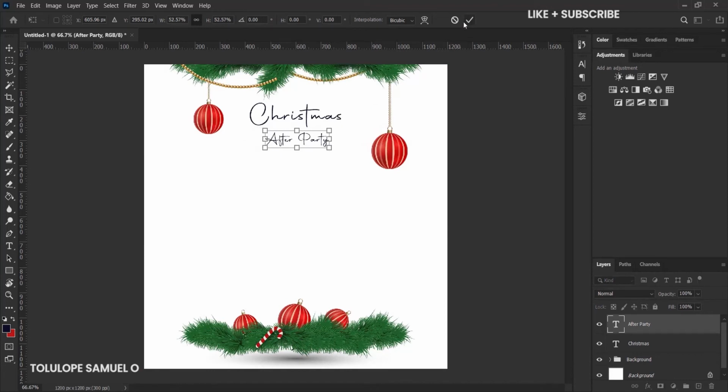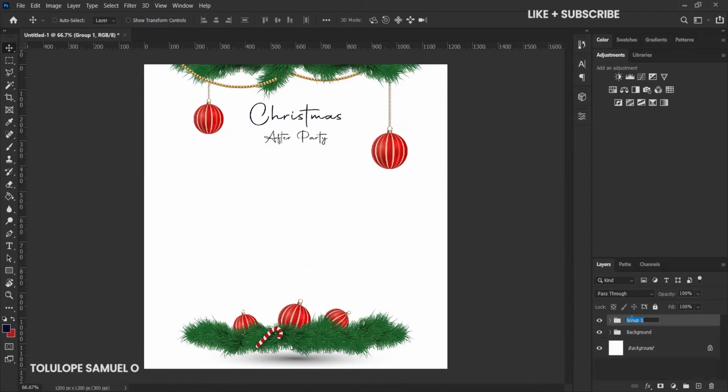After transforming it in, I'll press OK. I'll select the two of them together and center them together. Press Ctrl G on my keyboard and we can rename this to Christmas. We can pick the after party layer and raise it up a bit. After doing that, I can close the group.